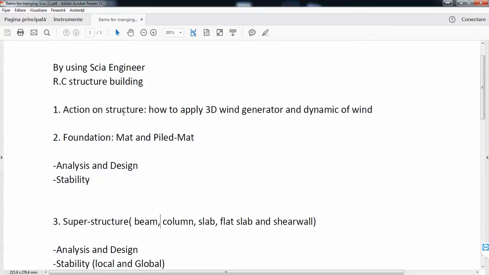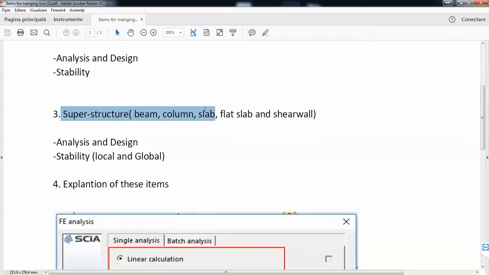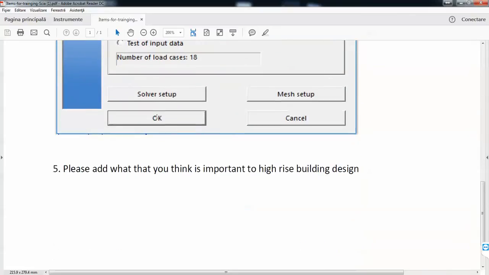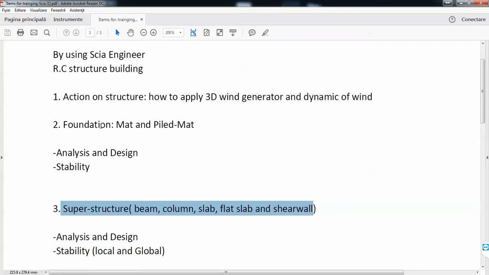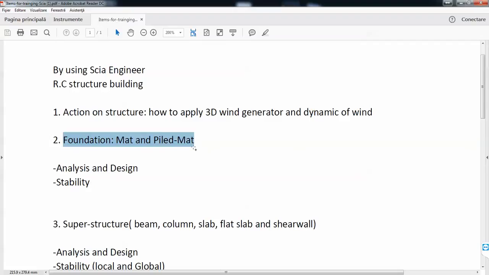So basically, after we finish, I'll also check the loads you implemented in SIA. Then we'll do analysis and design and stability check of the entire building. Then we'll go to each structural element, the beams, the columns, the shear walls. And okay, I sent you the explanation. Only after we finish all this general analysis and superstructure analysis can we concentrate on the foundation, the mat and the pile mat. The piles are a bit